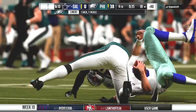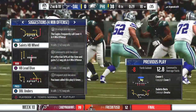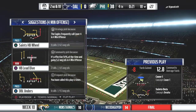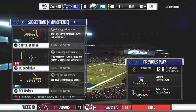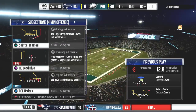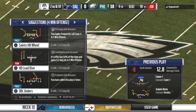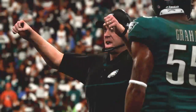And never... Pressure comes, and down he goes. The Eagles get there for the sack. Jordan Hicks in there to drop him, and it'll be a loss of about 8. They set a decently lofty goal of winning 11 games. Unfortunately, this